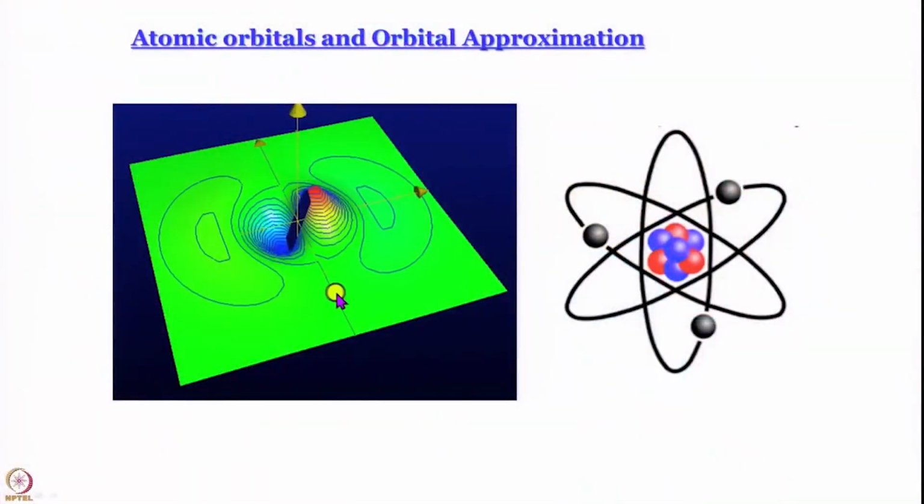So, we have learned how to plot them, we have learned how to draw 3D and contour diagrams like these, and we also said what happens when you draw with pen and paper qualitative sketches. That also we learned that you draw the nodes first, and then every time you change a node the sign must change. That is how. So, what you see here, I am sure you remember, is a 3D depiction of 3pz orbital along with